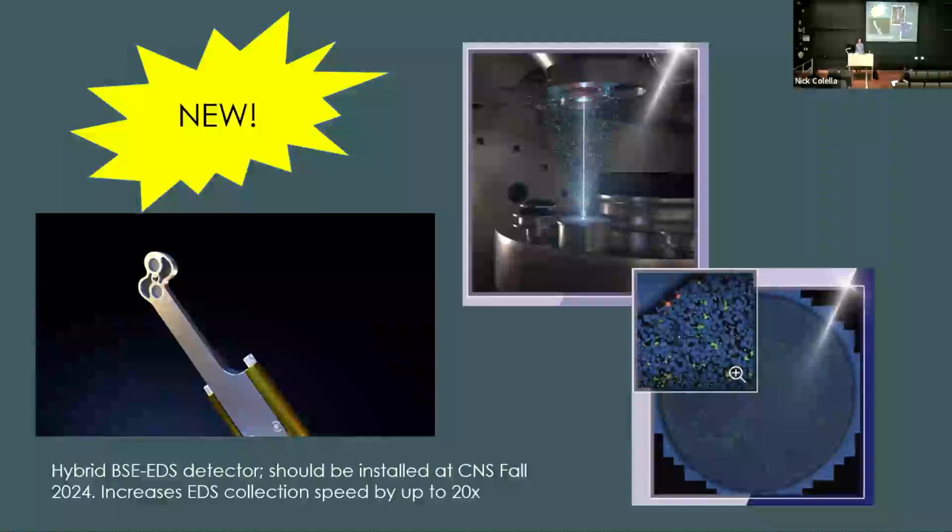And polishing, I know it's the whole thing, but would you recommend using a FIB to polish if my sample is kind of fragile and I can't really sandpaper it well, or some other method? It depends on the scale that you're trying to characterize at. You can use a FIB or an ion polish, or if you know the orientation of the system, you could also try tilting the sample, right? If you're tilting the sample towards the detector, that might take away some of the topographic issues as well. But yes, you could try FIB.